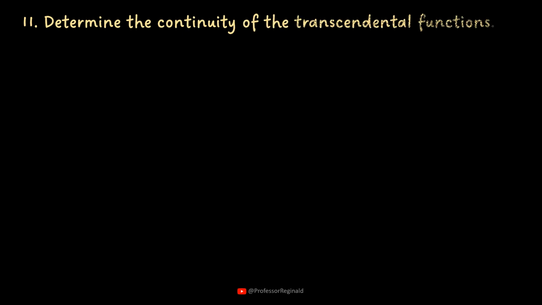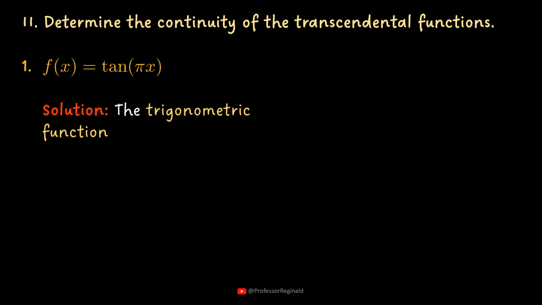Part 2. Determine the continuity of the following functions. Number 1. F of x equals the tangent of pi x. Solution. The trigonometric function. The tangent of a variable, say w, where w is a dummy or a temporary variable,